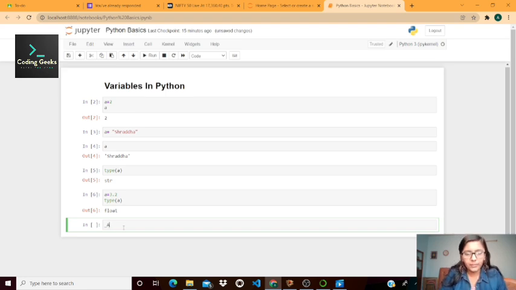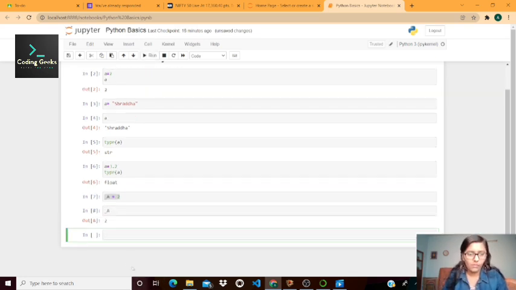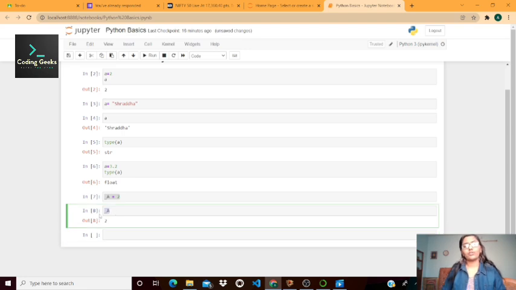A variable name can be like this. It is a valid variable name. See, it is not throwing any error, so our variable name is valid.